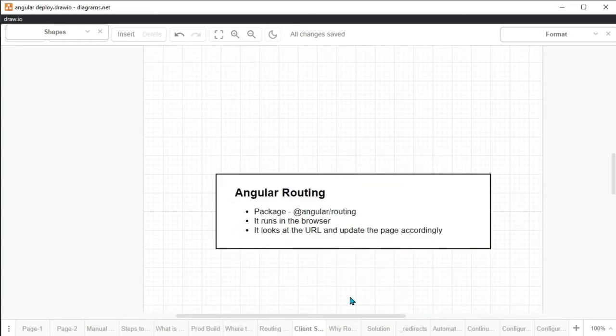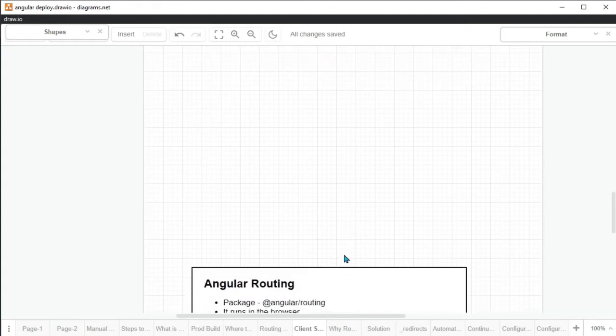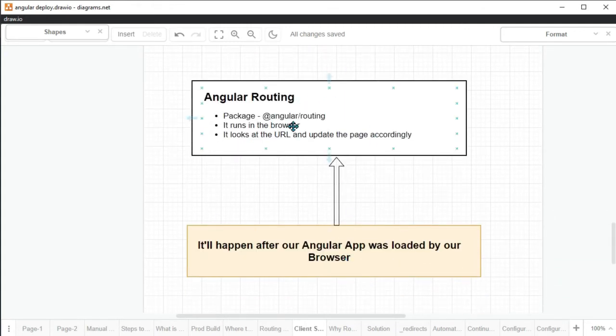But how does routing work in Angular? It is just magic done by the Angular routing package. Basically, it will watch for any changes in the URL bar. If something changes in the path that comes after our domain, it will render the corresponding component that matches that particular path. So in the same page, by looking at the path in the URL, we are conditionally rendering different components. That's how routing works in Angular. But you should note one thing: all these routing concepts will work only if our Angular app was loaded by our browser. This is called client-side routing. We are doing all the routing in the browser with the help of Angular.